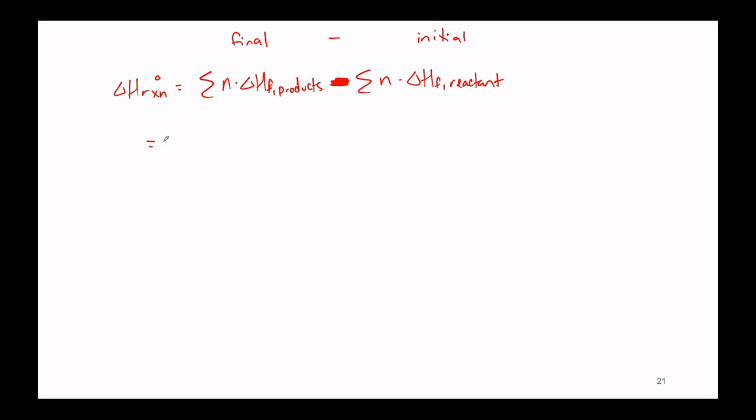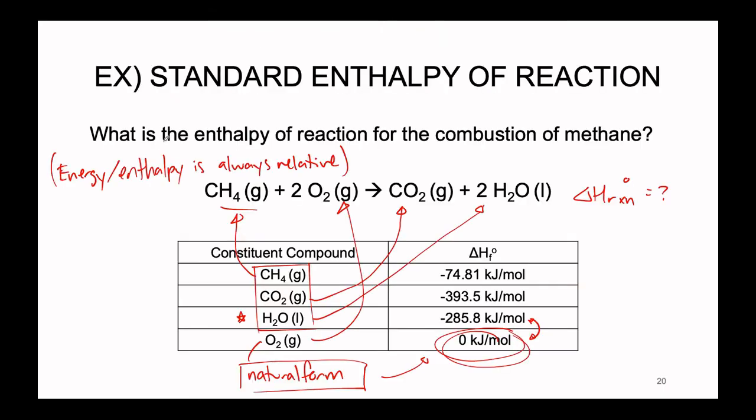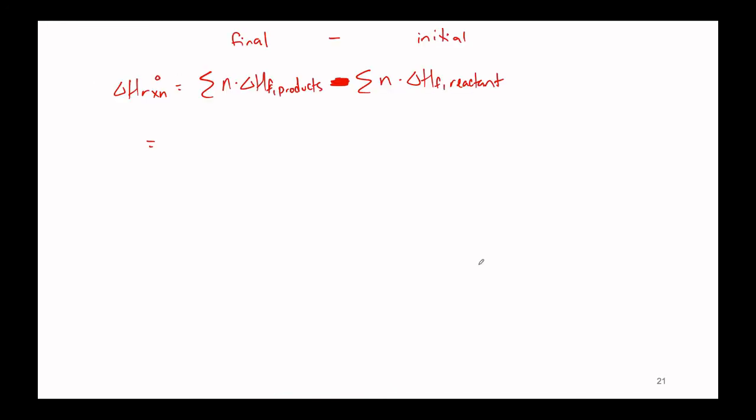All right, so let's just go observe our products. On our previous slide, we're going to start pulling the numbers and rewriting them onto this work slide here. Our first of the products is carbon dioxide. We can see that there is a coefficient of 1 in front of the carbon dioxide, so we're going to take 1 times negative 393.5 kilojoules per mole. And we're going to add to that, because we're taking a sum,